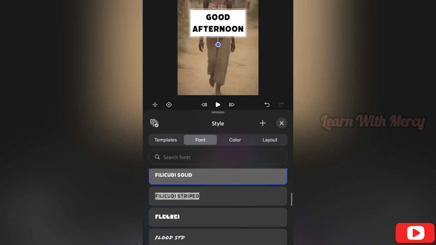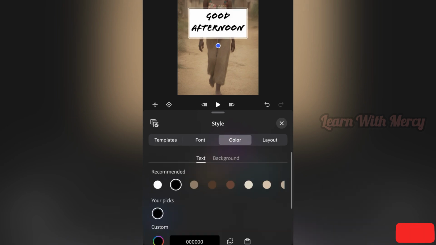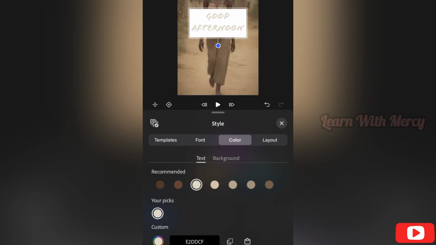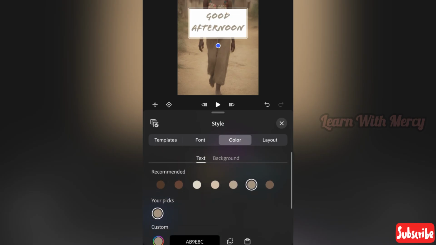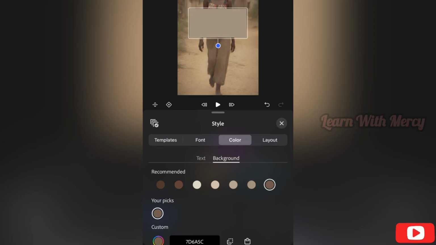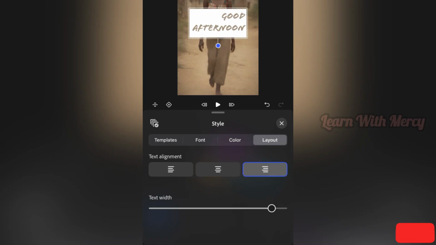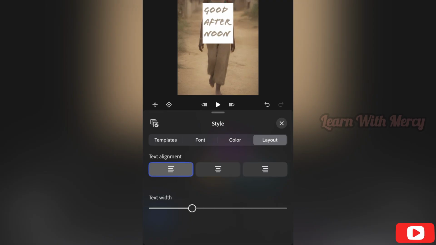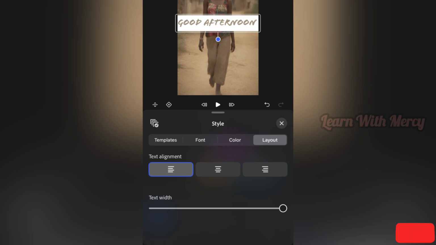You can choose the template. You can choose the font. You can choose the color of your text. You can choose the opacity here. You can choose background color here. Okay, you can choose layout here or here. You can increase the text width or decrease. Okay,